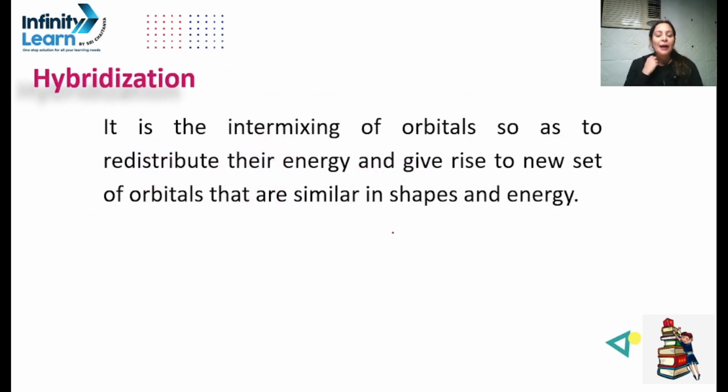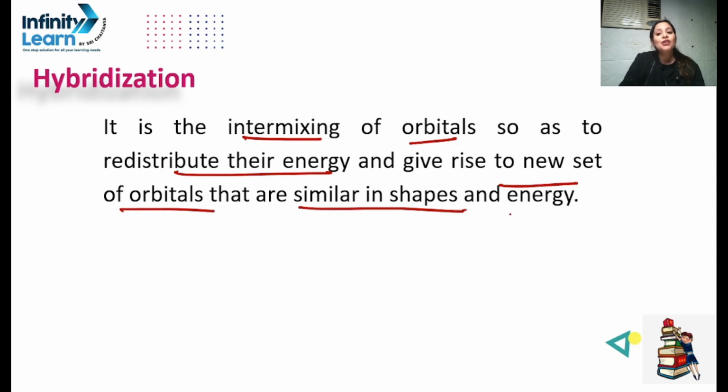Now let's talk about hybridization. See, whenever atomic orbitals combine, it is basically an intermixing of the orbitals that occurs, right? Intermixing of orbitals so that they can redistribute their energy and give rise to a new set of orbitals which are similar in energy and shape. Understood? That means overlapping, or intermixing, of orbitals of slightly different energies. And when they overlap, they redistribute their energy. Equal energy distribution occurs, and after that the orbitals formed have the same shape and